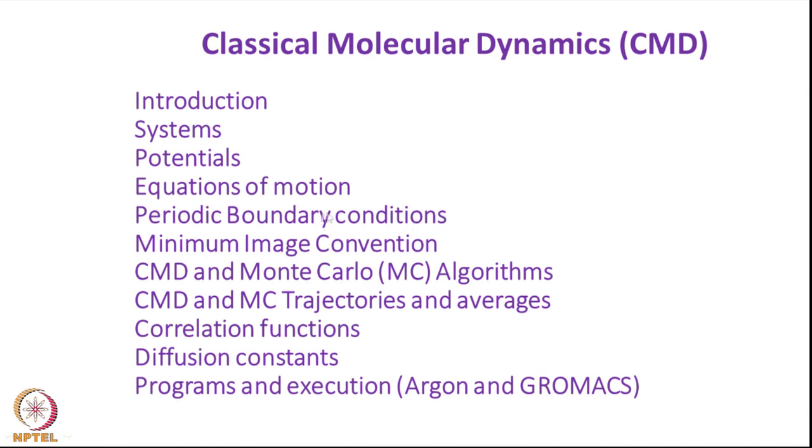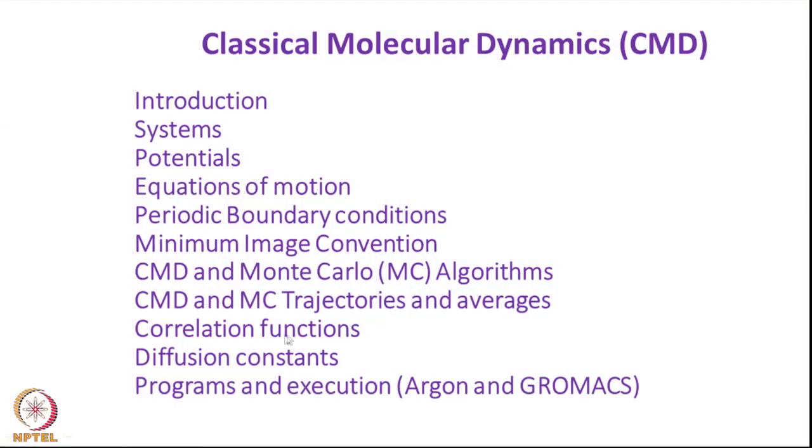Then even in addition to periodic boundary conditions, there is what is called a minimum image convention. We will discuss this in a later slide. Then in addition to classical molecular dynamics, we will also be doing Monte Carlo simulations, Monte Carlo algorithms. These Monte Carlo algorithms use the random numbers which we have already discussed. We discussed two types of random numbers, linear random numbers or uniform random numbers between 0 and 1. We also consider random numbers which are Gaussian in nature. So, both those random number algorithms are used in Monte Carlo calculations.